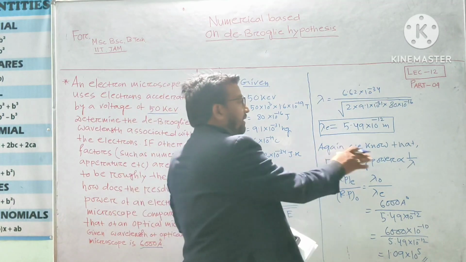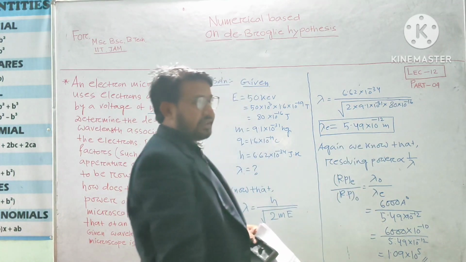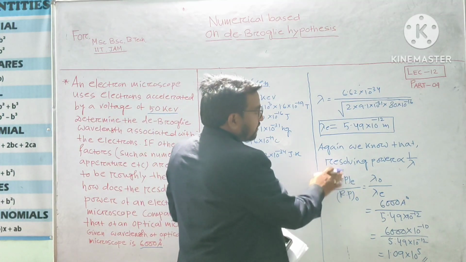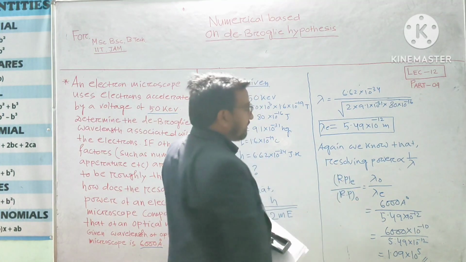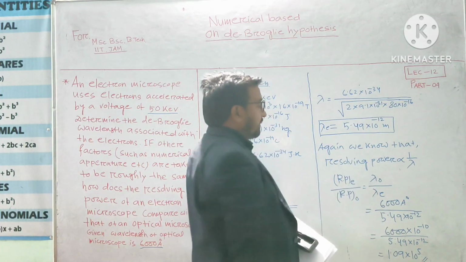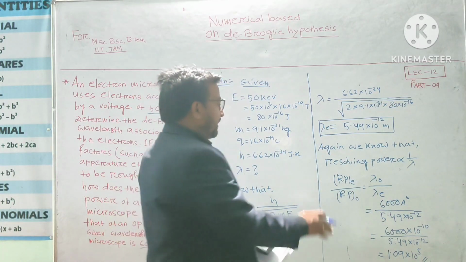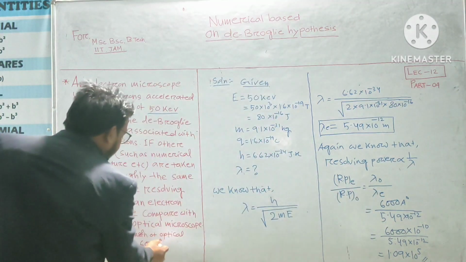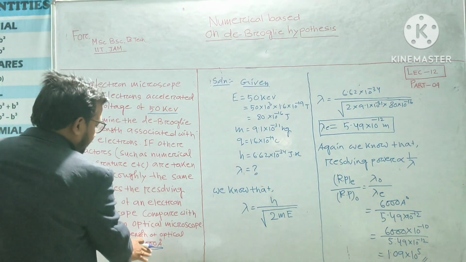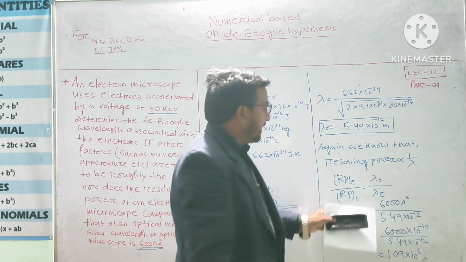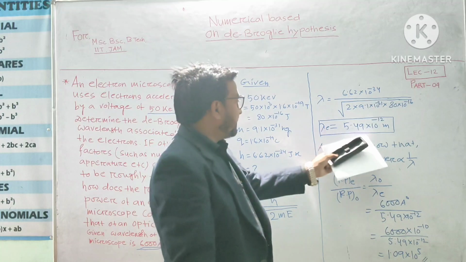Again we know that resolving power is inversely proportional to wavelength, that means 1 by lambda. So we can write resolving power of electron microscope divided by resolving power of optical microscope is equal to wavelength of the optical microscope divided by wavelength of electron microscope. Now the value of the wavelength of optical microscope is already given in this question. So lambda O equal 6000 angstrom, divided by lambda E, where lambda E equal